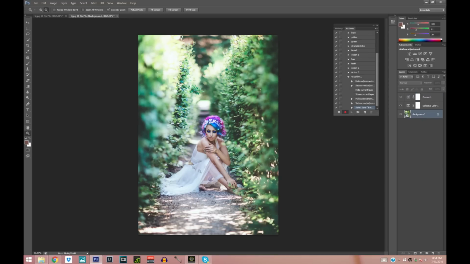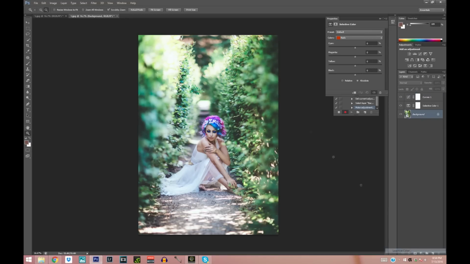So now let's play a little bit with some of the whites as we have a lot of that here. So again, selective color, whites, and you can just go ahead and do whatever. My Ukrainian accent is coming through. Whatever you feel like. You can add pink, blue. You can just play around with it and see what looks best. I'm gonna add a little bit of